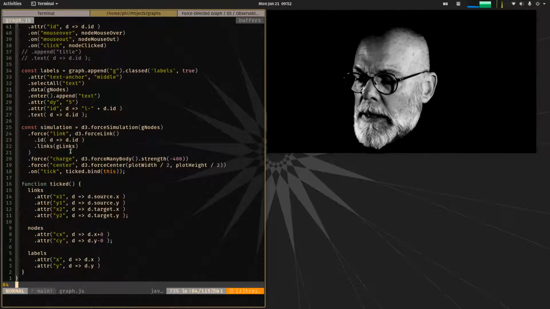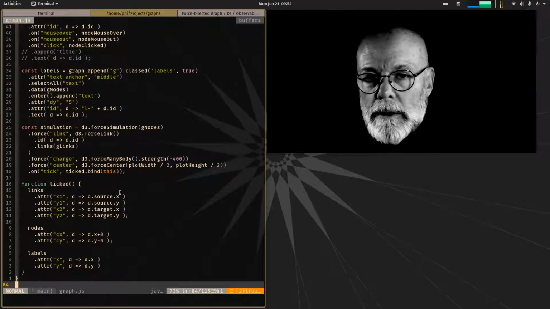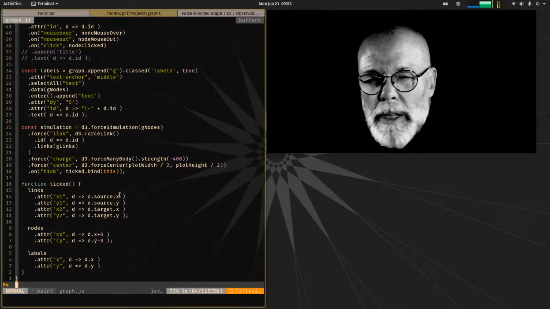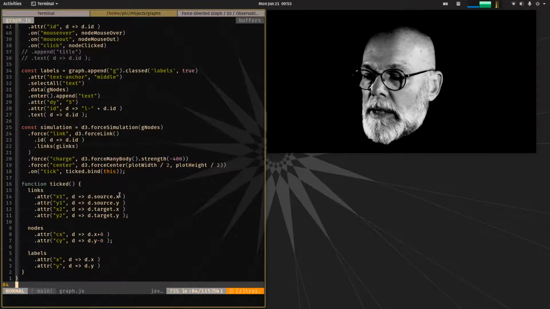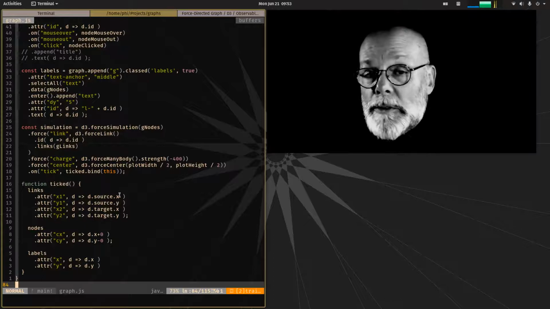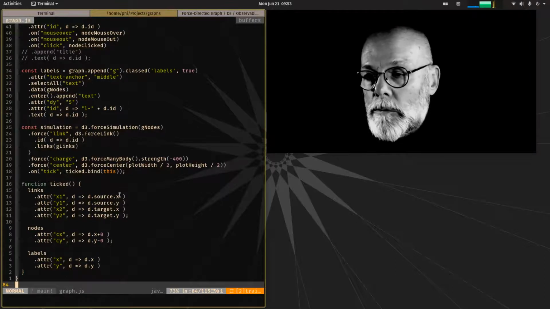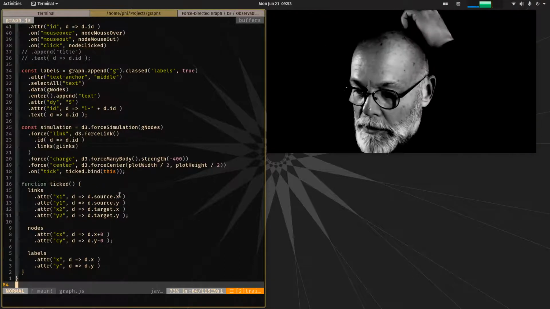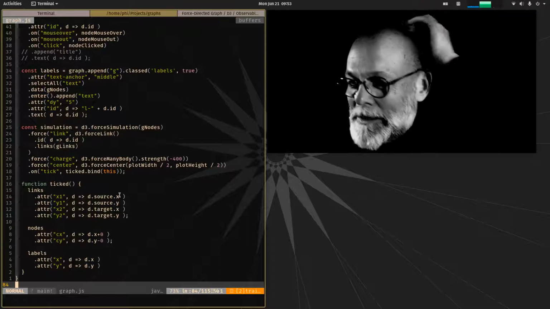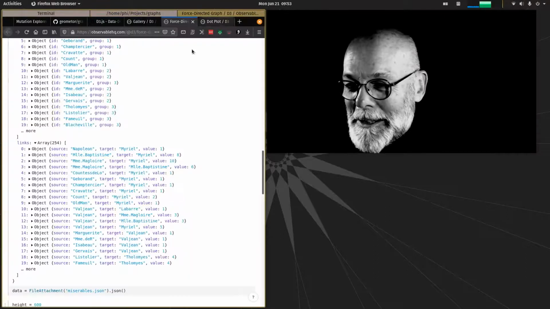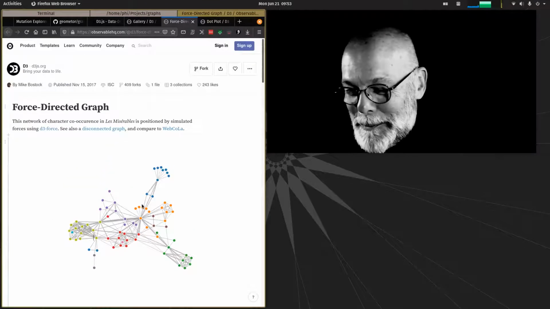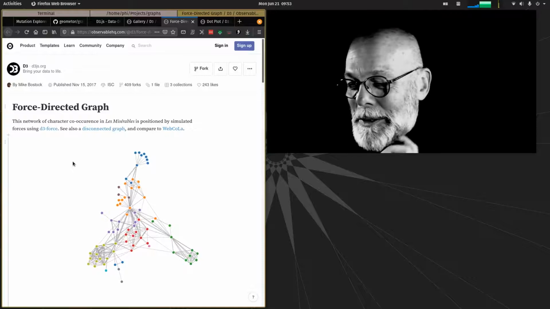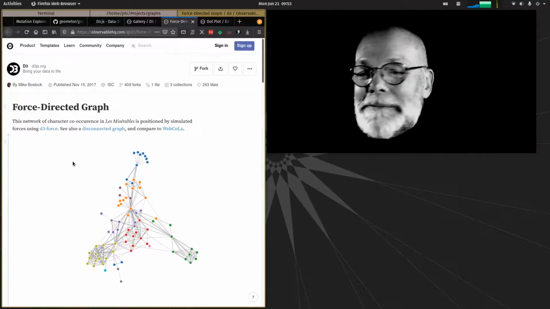And there are so many different settings in this particular API for the force simulation, and you can really control how the layout happens. I've tried to keep things as simple as possible for this version. What's more important is that the game run, not that it look so incredibly cool, but the coolness is definitely a factor. I definitely want to add this drag capability in here because I want to play with it. This ability to drag these nodes around. It's actually pretty simple. It's a few lines of code to be able to do it. So that'll come up in a future